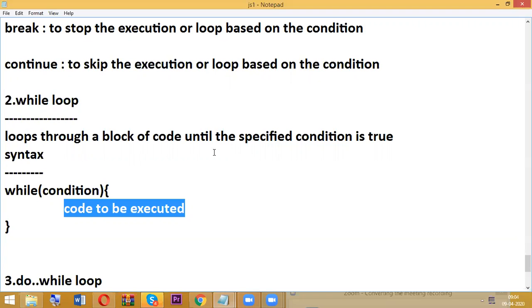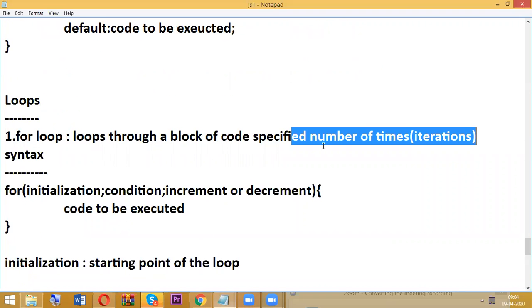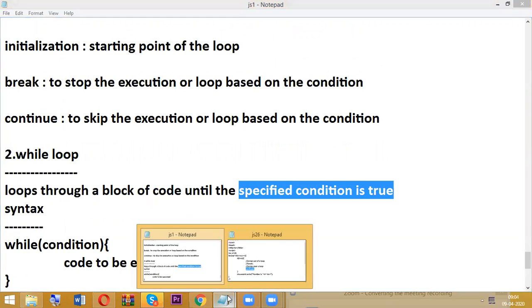But there is a difference in the definition, you can observe clearly here. Specified number of times, here until the specified condition is true. But right now, to explain the program, I'm going to use some numbers, something similar to the for loop only. But there is a difference. After this example, I will discuss.